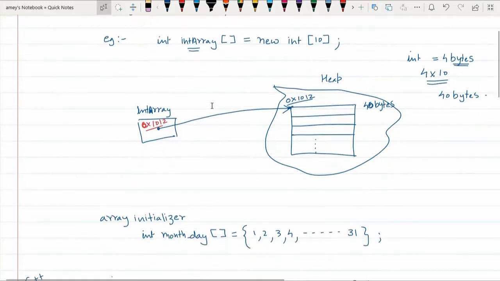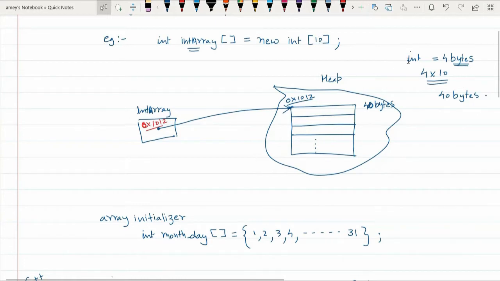Now, if you see the computer's memory, usually any arrays, variables or objects that are created, they are created on the heap storage. If you now see this particular definition here, whenever the new operator is encountered, it tells that 10 contiguous integer locations have to be allocated inside the heap.